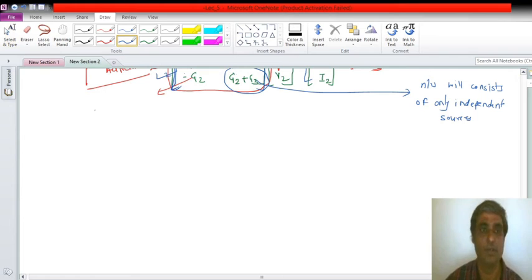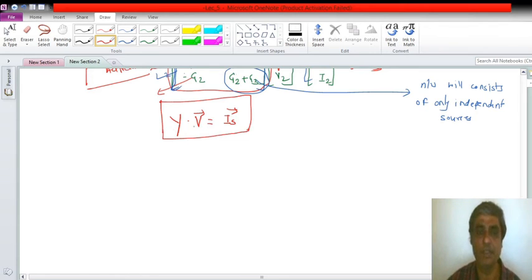Fine. Now what we have obtained is the admittance matrix multiplied with the unknown vector. The admittance matrix was Y, the unknown vector was V, which will be equal to the current source vector. So this has been formulated into linear algebra. This is the linear algebra formulation. Now what I have to do is find out the unknown vector. So what is the procedure? The unknown vector V will be equal to Y inverse into the current source, right?